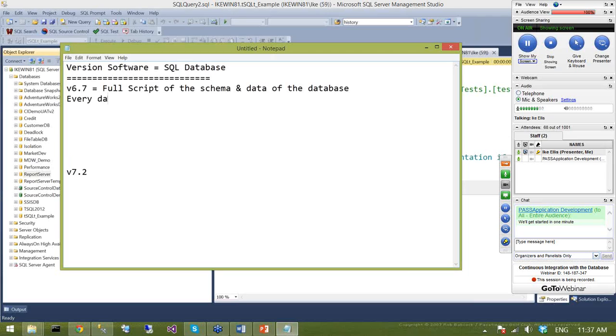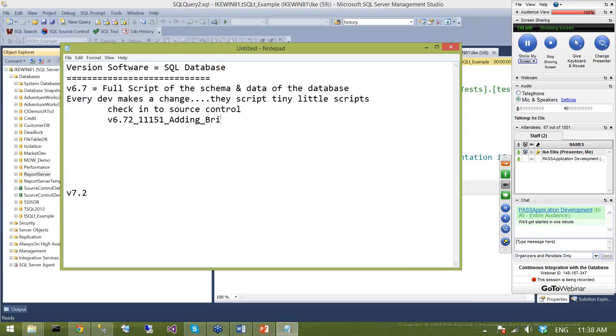Now, as every developer makes a change, they script it. They script a bunch of tiny little scripts. And then they take those scripts and they check them into source control. So what you'll see is they're working on the next version, so you'll see version 6.72, then a work item number, 11521, and then something like, adding birth date. And then the next guy is going to say, okay, I'm version 6.72, I'm 11152, I'm dropping bad audit table. Okay, so you're going to get all these kind of little tiny scripts going in,